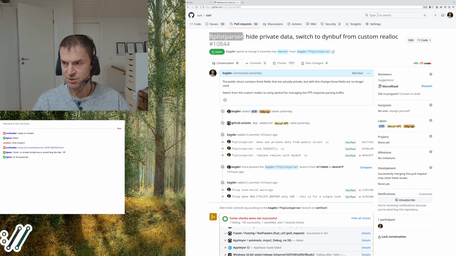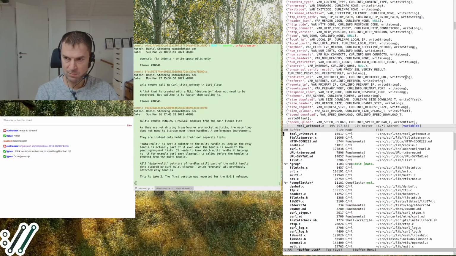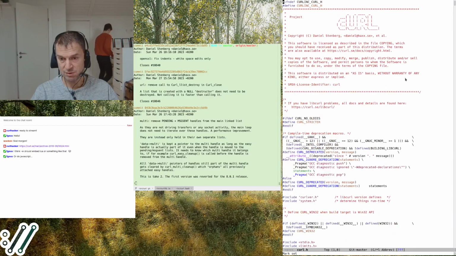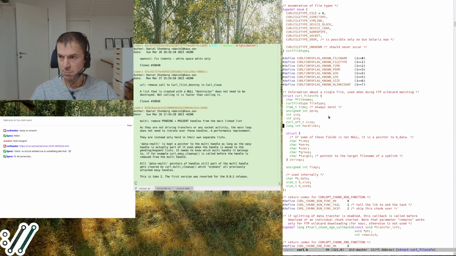First, I'll show you in my editor here. One of the silly problems, and this is an old problem that I just never got around to fixing. This is the public header file, the curl.h file. So this is public stuff. This is a struct that this function can provide in a callback.